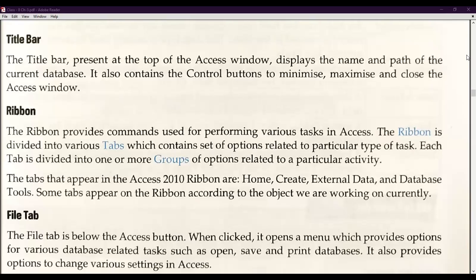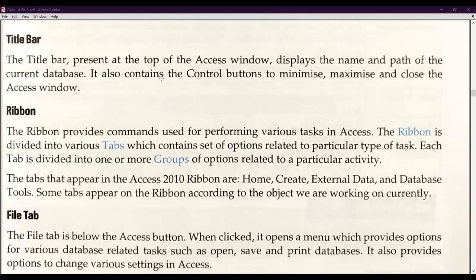Okay. So now, yesterday I told you about the first interface, how you can access Microsoft Access. And now we will discuss its tools and bars one by one. The very first bar we are going to start with is the title bar. The title bar is present at the top of the Access window, obviously, and displays the name and path of the current database.